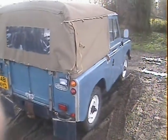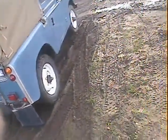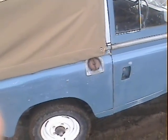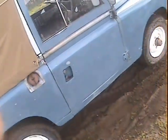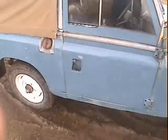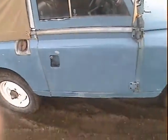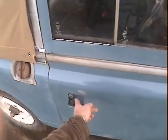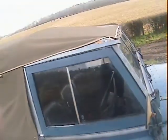Down the offside it looks much straighter actually than the near side. Obviously less hedges on the right in Devon. Offside rear wing, as I say, a few areas of paint loss and bits and pieces on it, but lovely patina, shall we say. Again, keep using that word. Modesty cover on the offside, again, paint loss on the top side of it, people have got in and out. Driver's door, very nice, just one area of paint loss there, just above the latch. Door top looks pretty good,